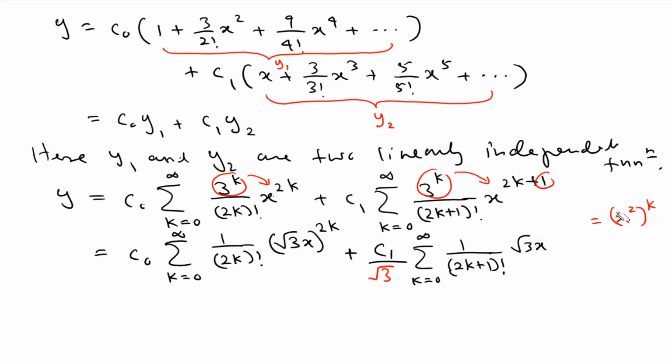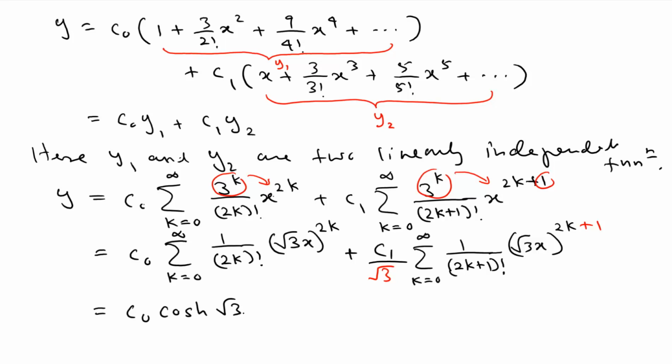So we have, you can write this one as, now it is the whole thing 2k, but you have this extra 1, so I'm going to add that, so plus 1. So what is the extra 1? There's an extra square root 3 that is going to cancel with that square root 3, that's that extra 1. So we can write it like that, and then you can see this is simply the cos function and the sine function expansion. So that means if you look at the table, you can see this is simply c0 cos